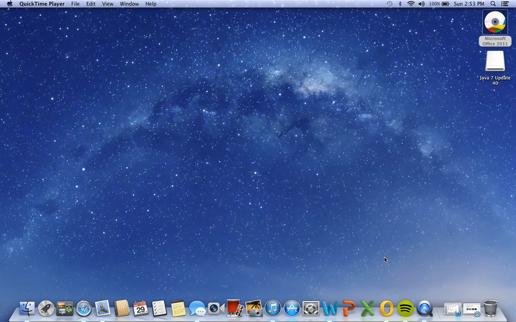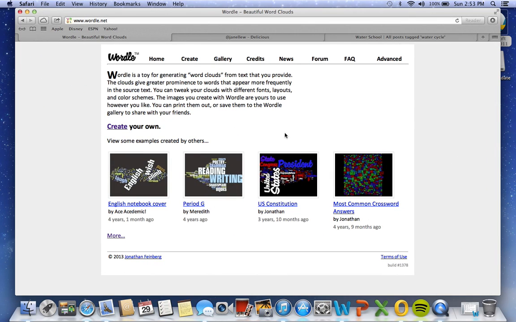Okay guys, I am going to show you the Web 2.0 tool called a Wordle. This is the site I'm using, wordle.net. You see the address right up here. What I'm doing here is creating a word cloud. My thematic unit is going to be on the water cycle, so I thought that the word cloud was kind of fitting. What I will have my students do here